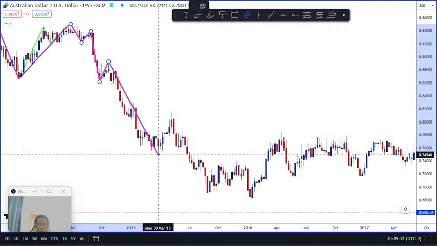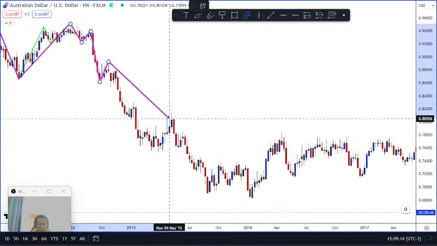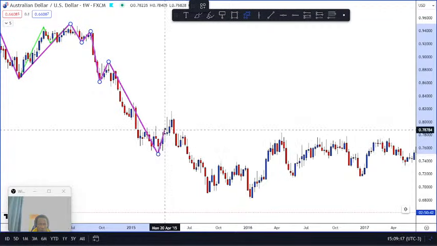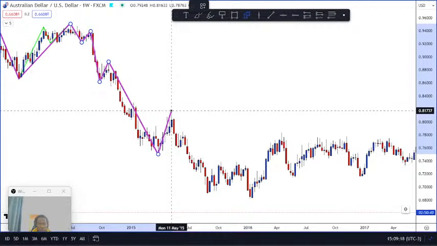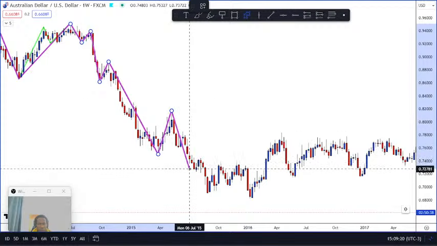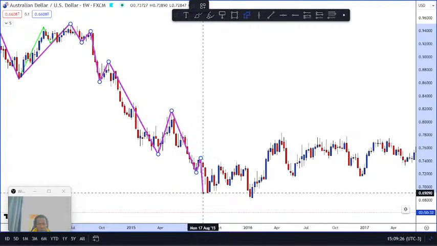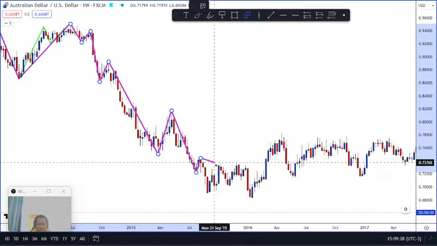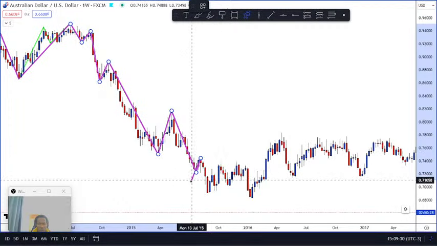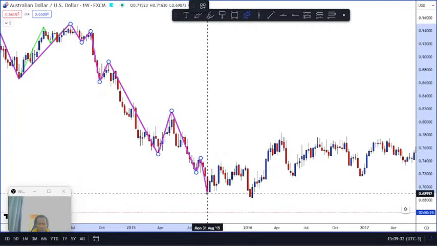Okay, this is the lowest low and this is the high, so it's going to be lower low, lower high. Okay, and we have a low here, we have a high here, and we have a short-term, let's see, we don't have a short-term uptrend here, so it's going to be lower lows,